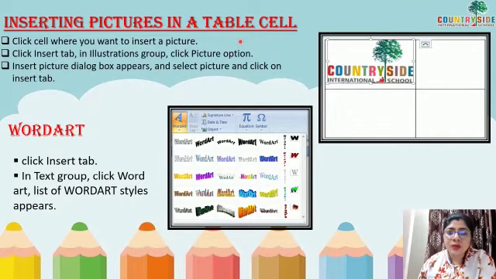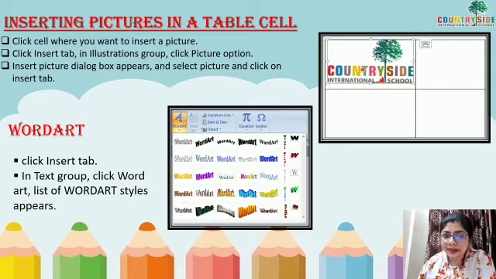Next comes, if you want to insert a picture in a table, can you do that? Yes, of course. See, this is a table in which I have 2 rows and 2 columns. And in one cell, I have kept one picture, that is our school's logo. So to insert this, what do we have to do? First of all, we have to click on the cell where we want to insert the picture.